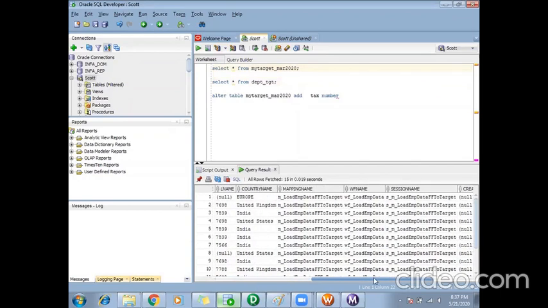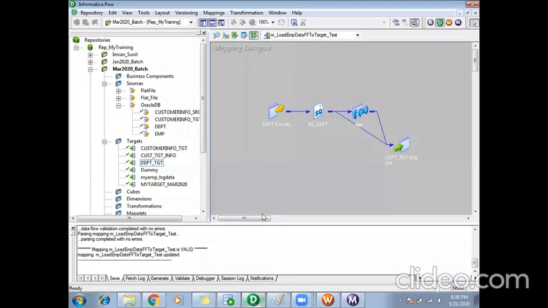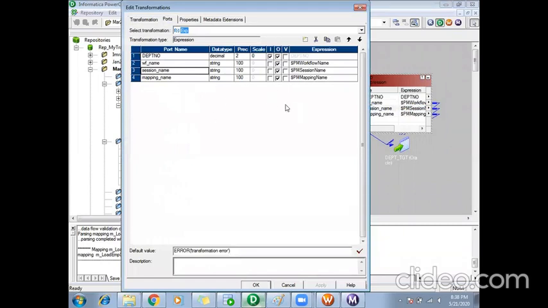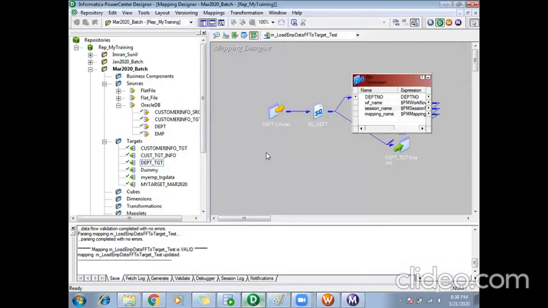So if you observe, I had two tables which I wanted to load to my target. I used the expression transformation and I have used the same code in both of my mappings, to get the workflow name, mapping name, and session name.